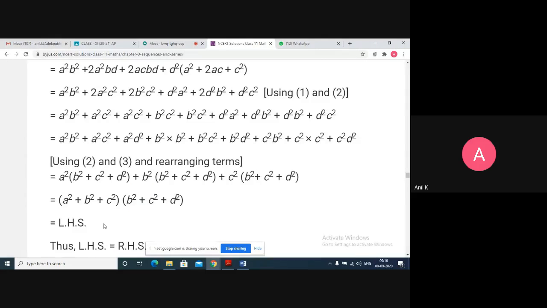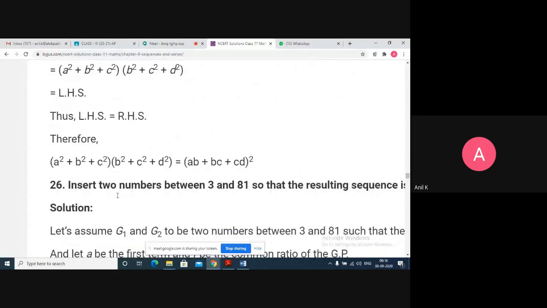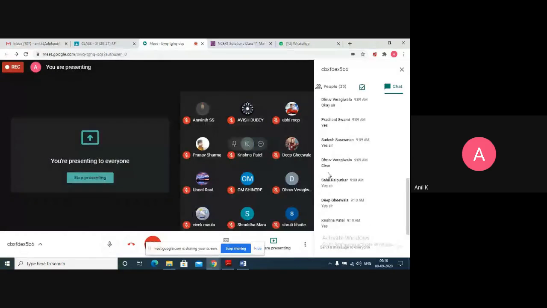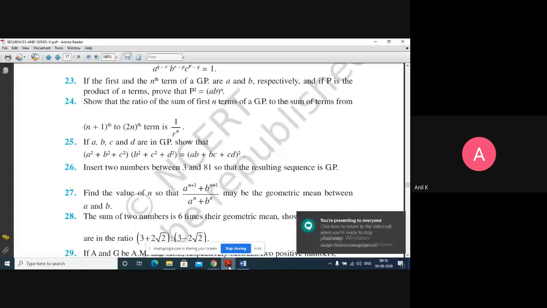That is our LHS. Yesterday we tried from LHS, but we missed some terms for replacement. That's why we got stuck and didn't get the answer at the end. Is that clear now? Okay, this solution I will send to you on WhatsApp. You can note it down in our book.